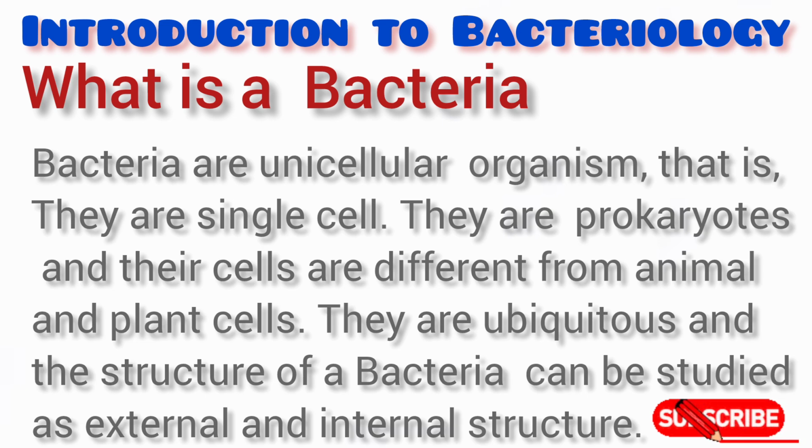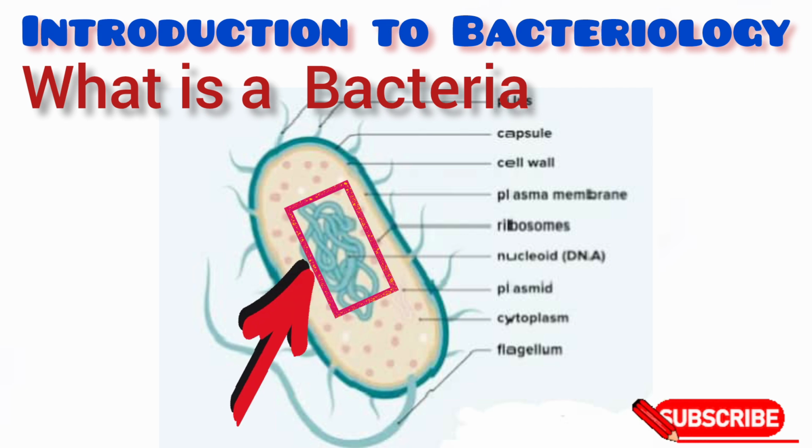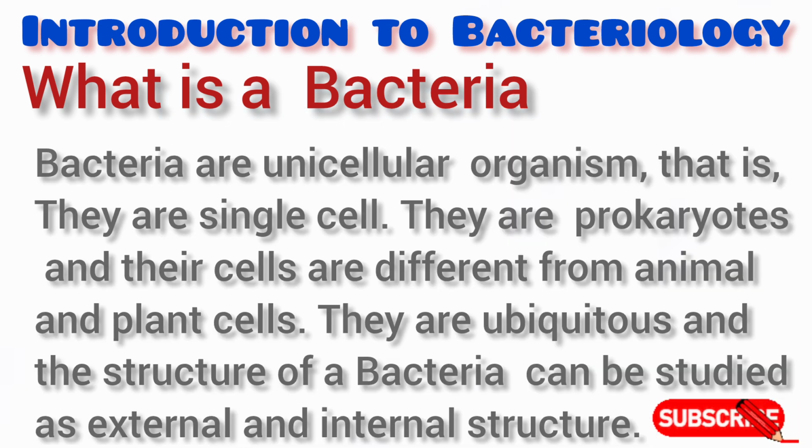What do you understand by the term bacteria? Bacteria are unicellular organisms. That is, they are single cell. They are prokaryotic organisms. In other words, they do not have a true nucleus. They possess an area where the nuclear material actually concentrates itself, and that area is called the nucleoid. And their cell is different from the cells of plants and animals that are eukaryotic. Note that the term bacteria is a plural term, meaning numerous bacteria, while the term bacterium is the singular for